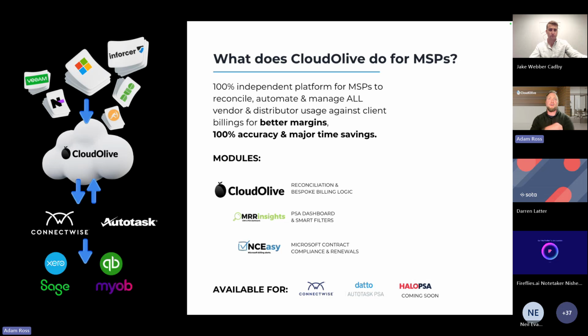So very briefly, we work now with north of 200 different vendors on a monthly basis. And our pure and simple promise to our partners is you get us data, we'll be able to compare that very quickly back to your PSA for billing, and let you know where there's any form of billing risk.